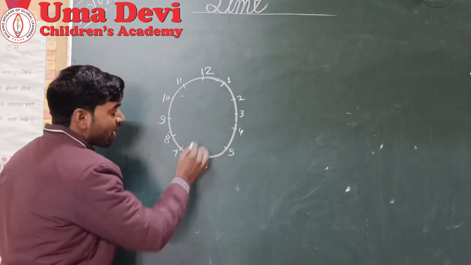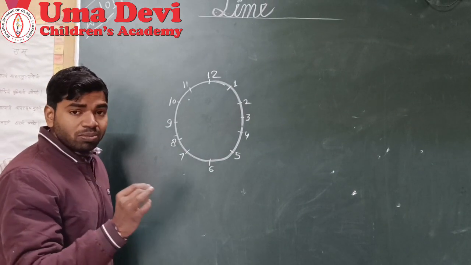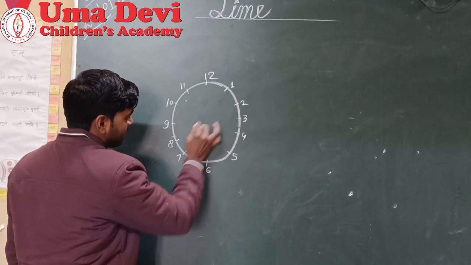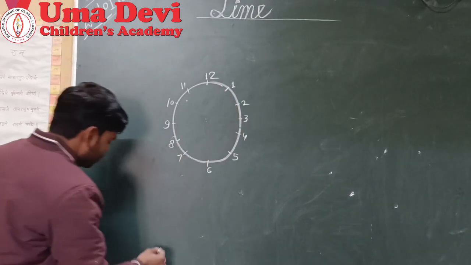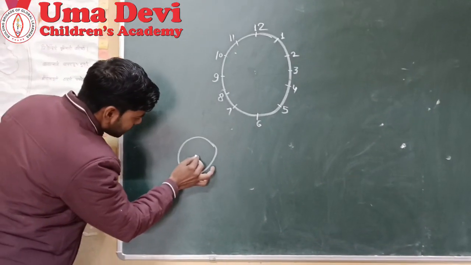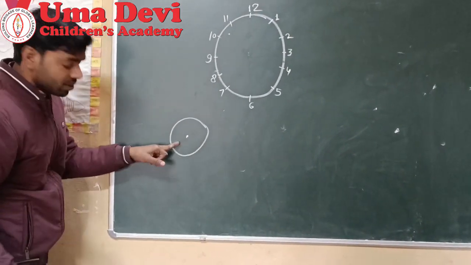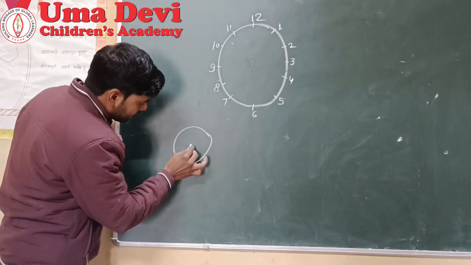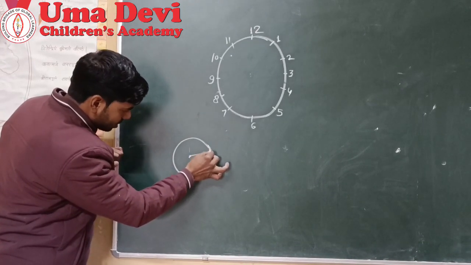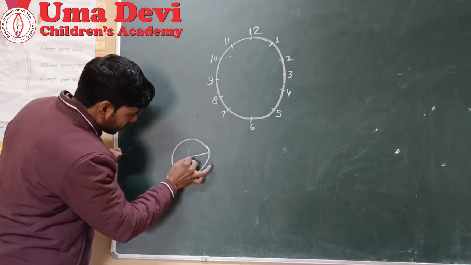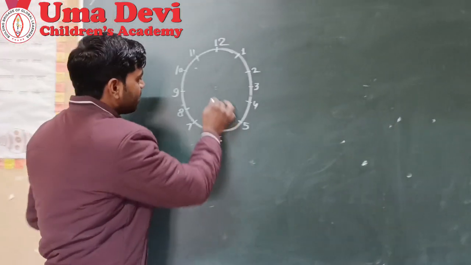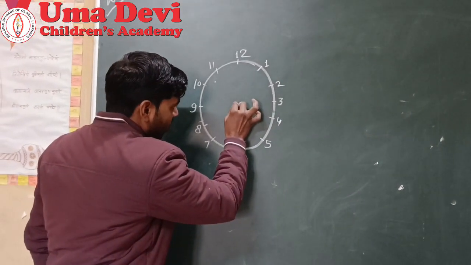The center is a point in a circle. From that point, the distance to the circumference will be the same everywhere. This is the circumference. Suppose this is a circle. The center will be in the middle of the circle. From this point, all distances will be equal, from this point to this curved line, and this to this. You cannot draw the center here, right? Okay. So now I am pointing a point here.